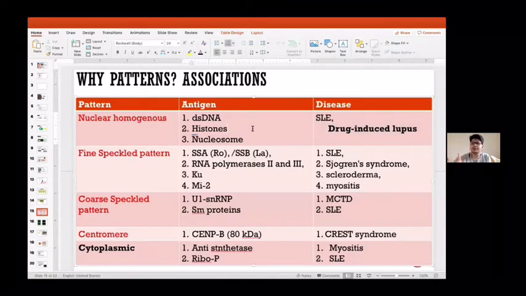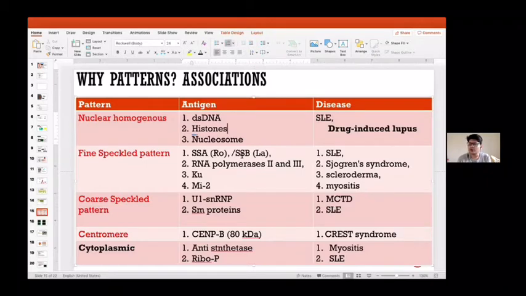Now someone asks you in a viva, what is the difference between drug induced lupus and lupus? Do not say that in one, a drug is the factor, and in the other, a drug is not the factor, because that's the name. We know that. The most important point you have to remember is that drug induced lupus is not severe all the time. Renal and neurological manifestations are not common in drug induced lupus, and after stopping the drug, the manifestations resolve after some time. So that's the most important point to remember, the difference of drug induced lupus versus natural lupus.